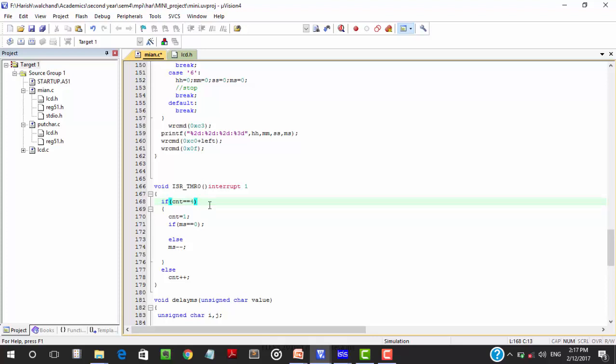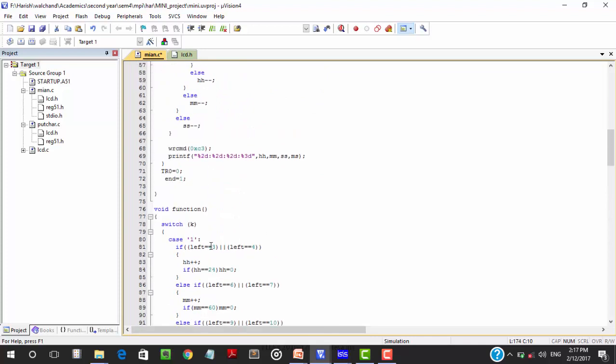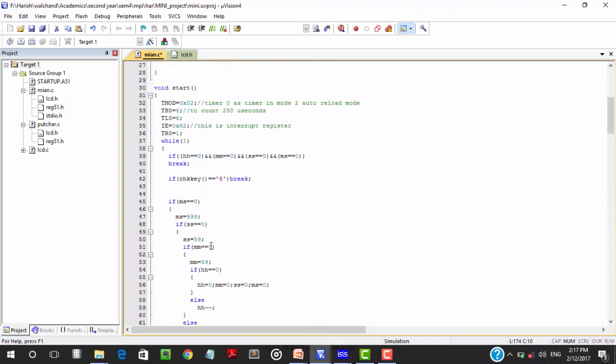After every 250 microseconds, this interrupt service routine will be called and it will increment this count variable. When this count variable becomes 4, it will enter into this loop. It will make the count equal to 1 and again it will check if the millisecond variable equals 0, and if it is 0 it will do nothing, and if millisecond is not 0 it will decrement the millisecond. That is, we have counted 1 millisecond. This will affect what we are printing on the LCD.